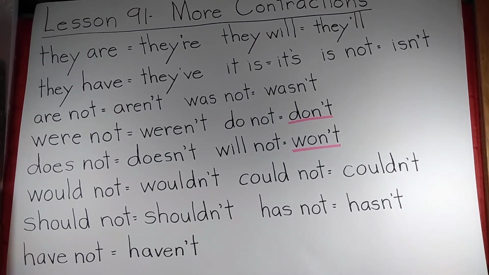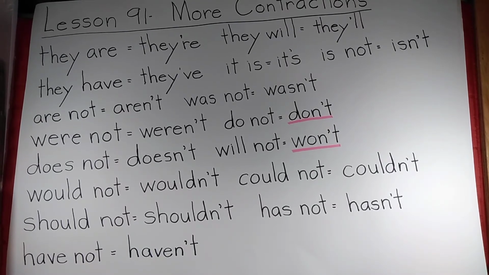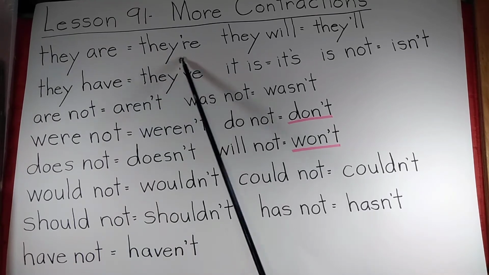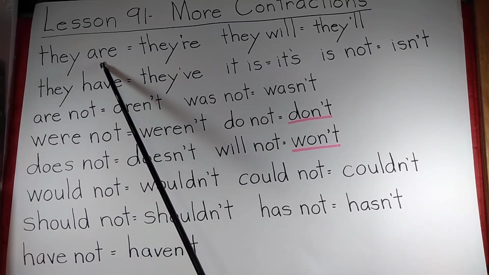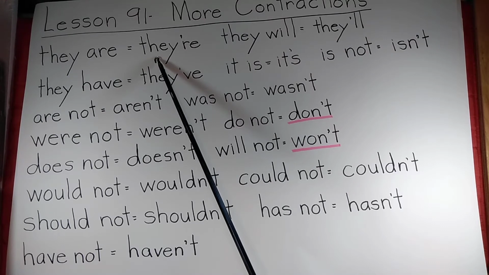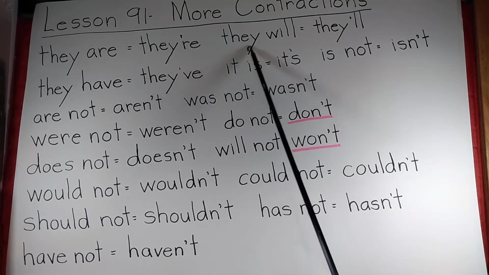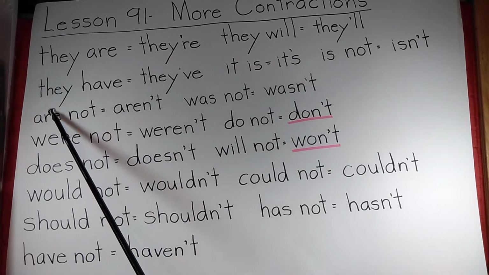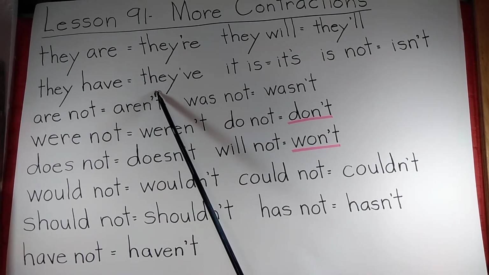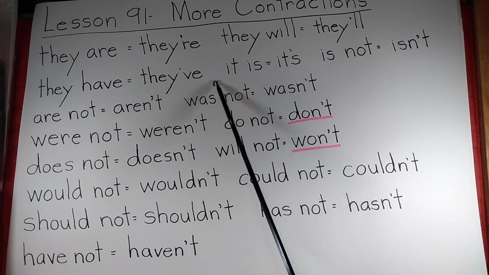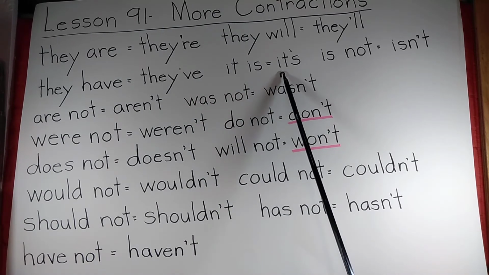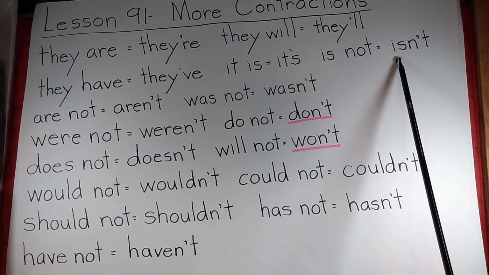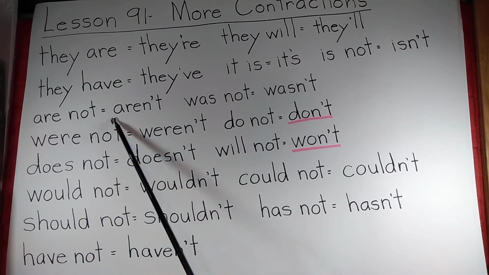Contractions, contractions, and more contractions. All right, students, I'm going to do the same thing. I'm going to say the two words. You read the contraction. They are, they're. They will, they'll. They have, they've. It is, it's, is not, isn't, are not, aren't,